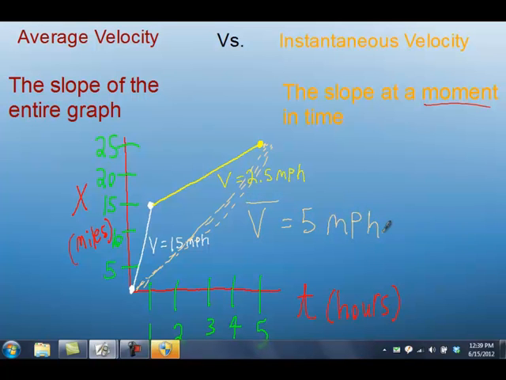And that makes sense. For some of the trip, you were going 15 miles an hour, and for some of the trip, you were only going 2.5. It would make sense that your average velocity